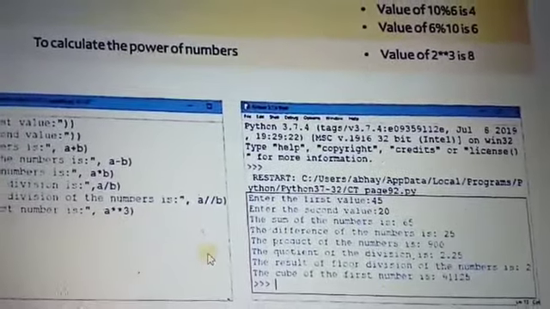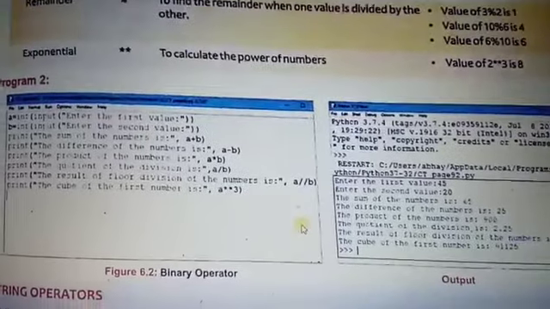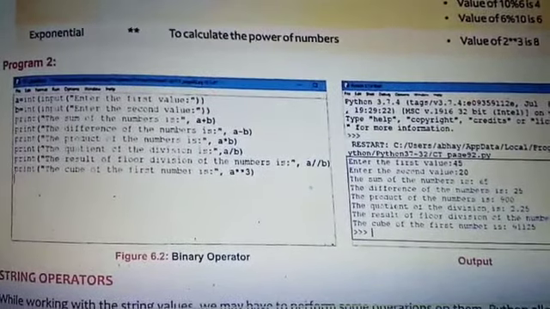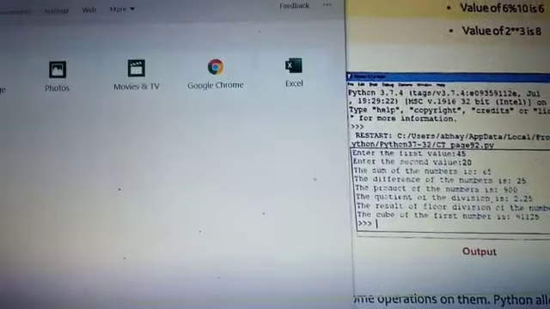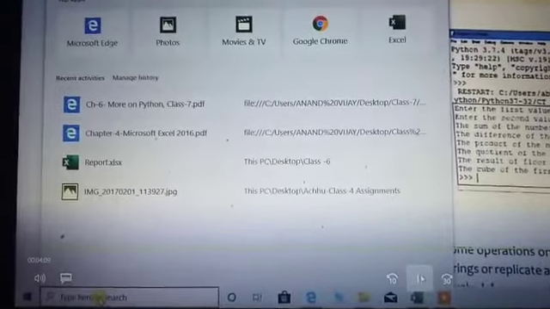So we are working on all of this practically here, and first we open Python.